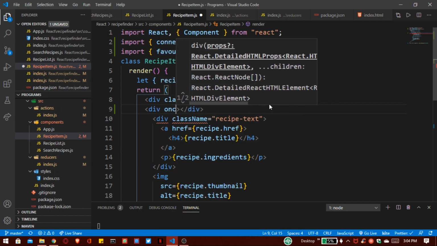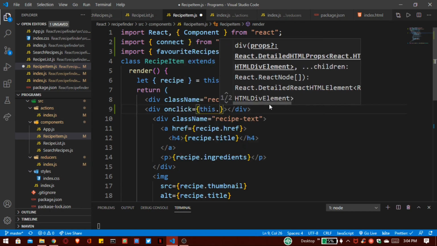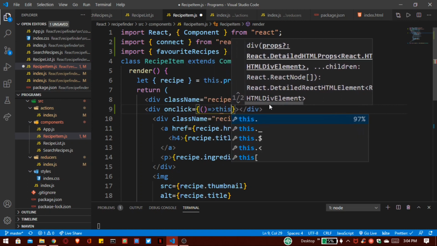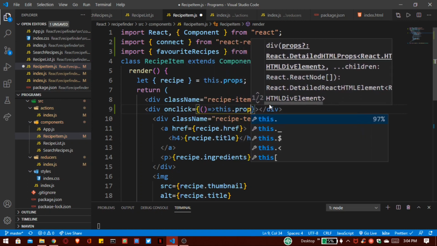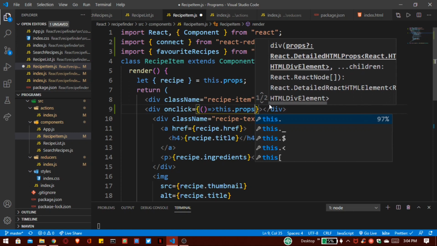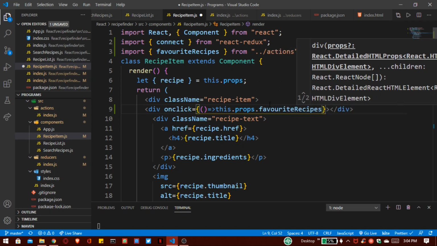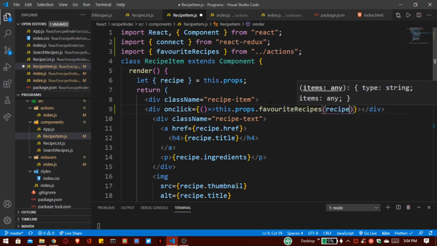So whenever I click on that star, it will automatically show this recipe inside our favorites. So onClick, this.props, our function name is favorite recipes, and we have to pass our recipe to it.